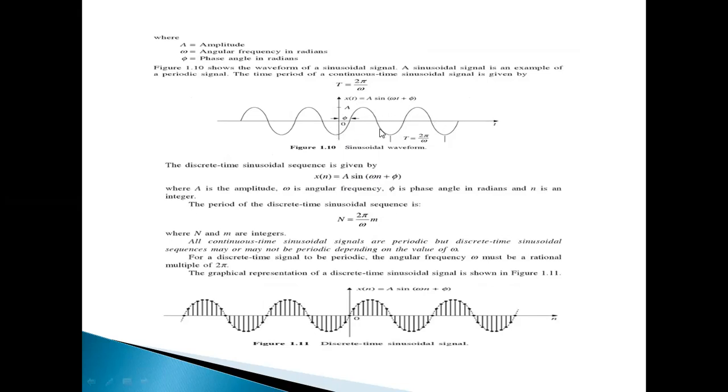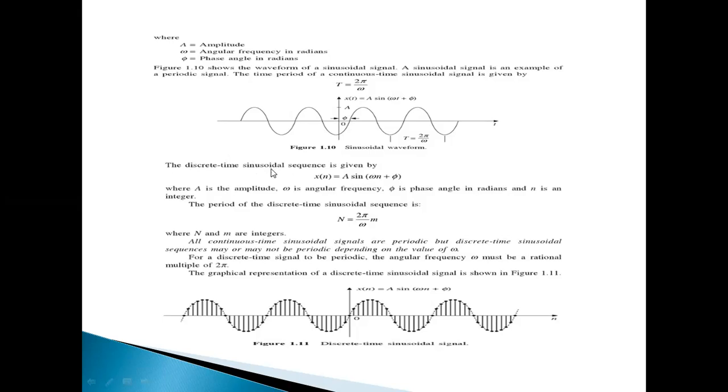A sinusoidal signal has a time period T equal to 2 pi by omega: a positive cycle and a negative cycle make a full cycle, and then again a positive cycle and a negative cycle. You can also take a full cycle from 0 to 2 pi, and again 0 to 2 pi. Half of the cycle is in the positive real axis and half is in the negative real axis, 180 degrees in total, with 90 degrees marking the difference.